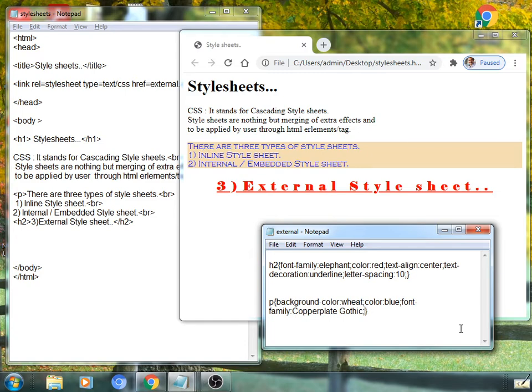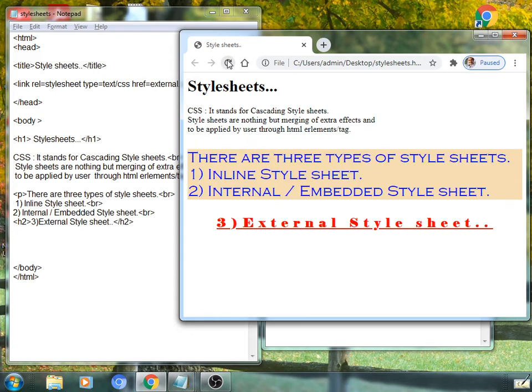One can change font size also. Font-size: 30; semicolon. Save this here in something.css. Yes, it is applicable. The font size is changed, no doubt.